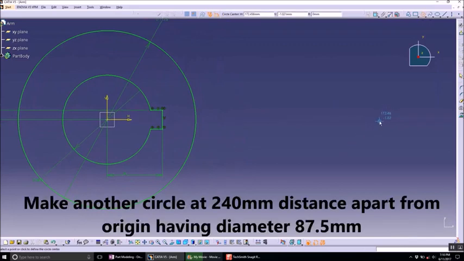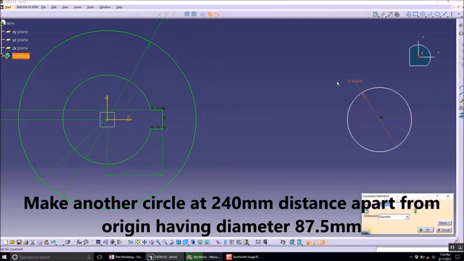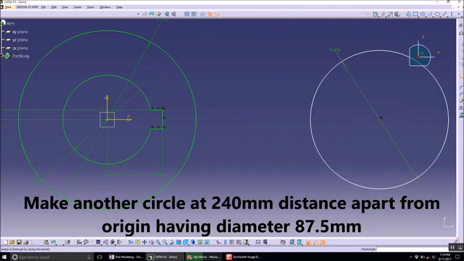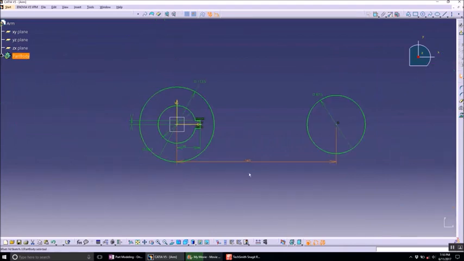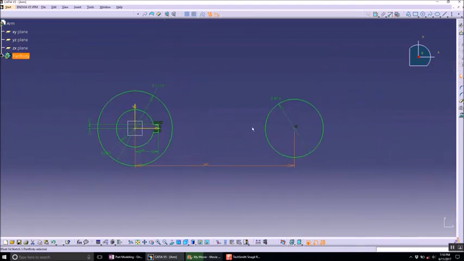Now let's make another circle, collinear with the centers of the previous circles, and give it an 87.5 diameter constraint. Give an offset constraint of 240 between the two circles,